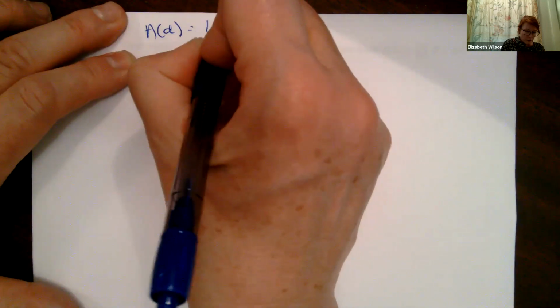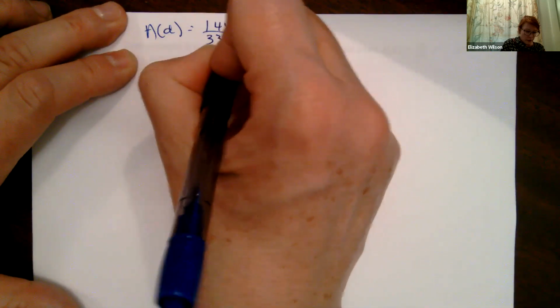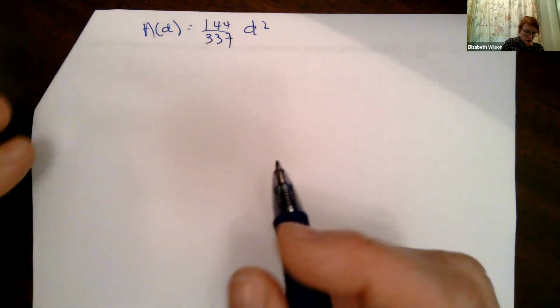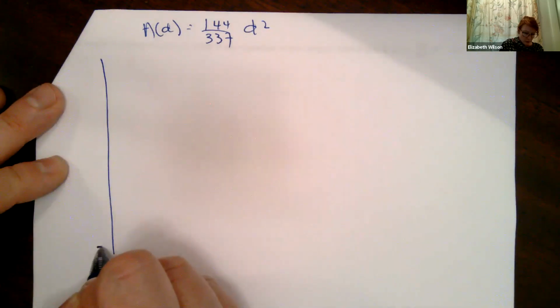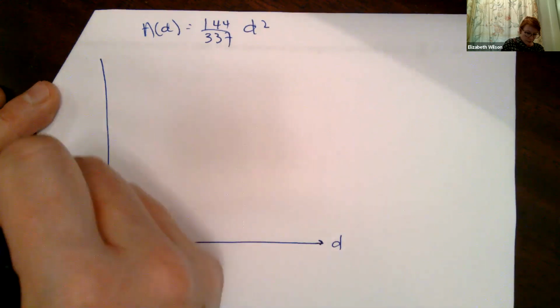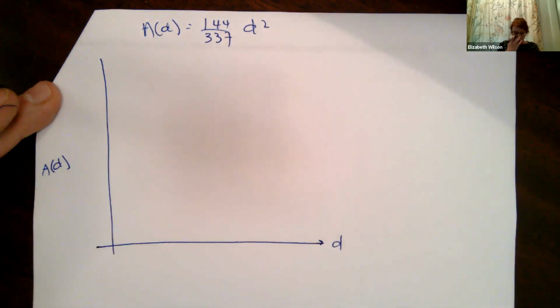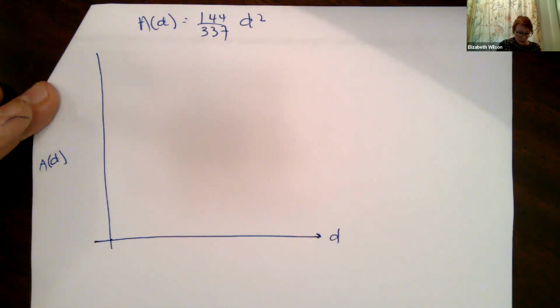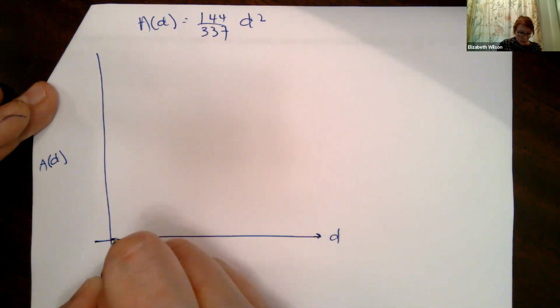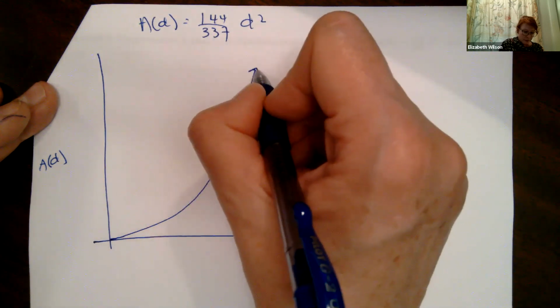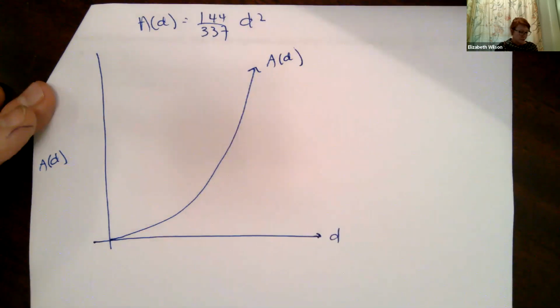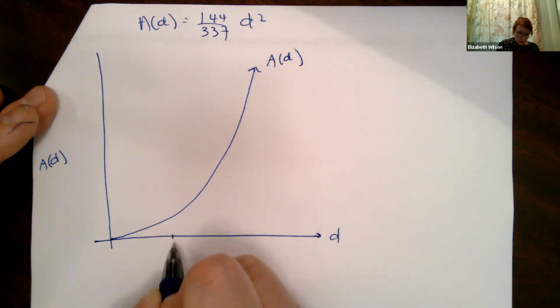Okay. So this is using the same A of D equals 144 plus 337 D squared. Okay, so let's draw that out. So here's our D, our A of D. Right, so it's a parabola. It doesn't make sense really to have a TV with a diagonal of 0. It's not a TV at all, right? But I have a parabola that goes like this as our function. Okay, so remember, if I go, here's 20,